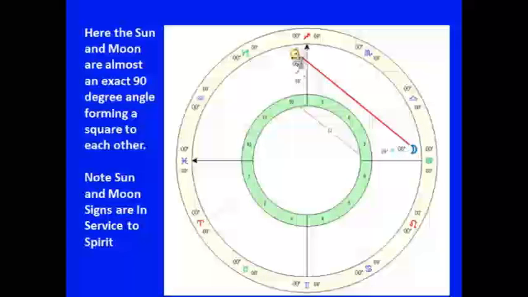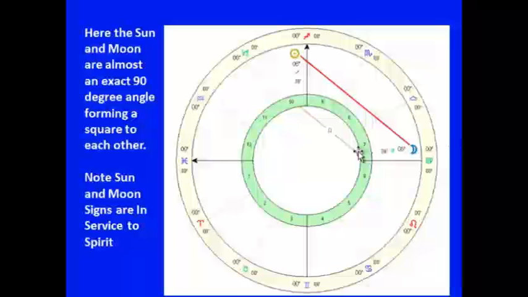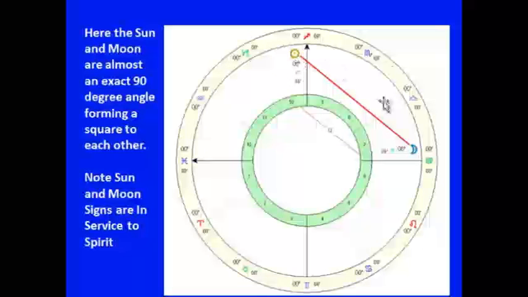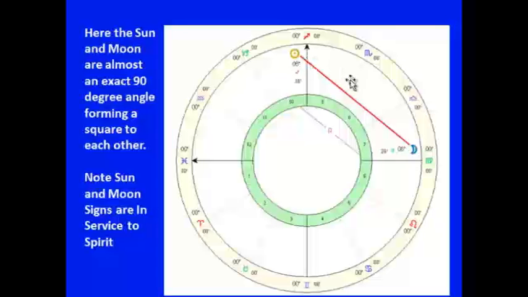And of course, Sagittarius is in service to spirit, Virgo's in service to spirit. You can see that there are 30 degrees here, 30 degrees here, almost 30 degrees here. So basically, we're looking at that 90-degree angle. And if you have the ability to spot the signs that are in relationship to each other, like Virgo, Sagittarius, Gemini, and